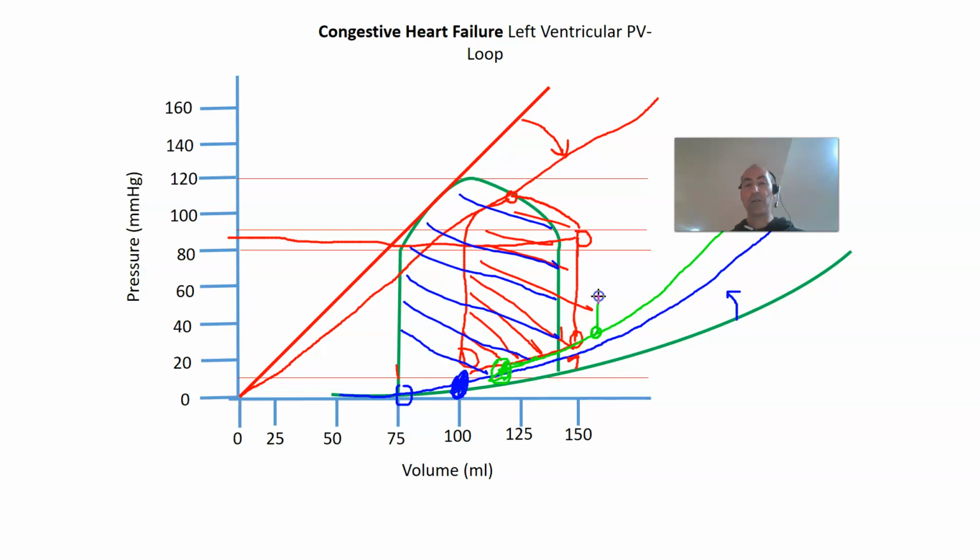You're going to go up a little bit higher to have to overcome more pressure. The heart has now gotten weaker, right? It's gotten weaker. You now have another level of negative inotropy,